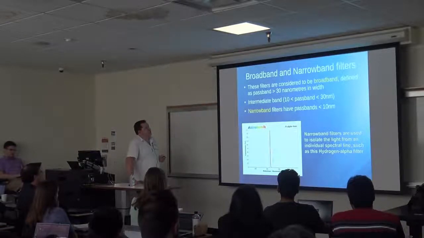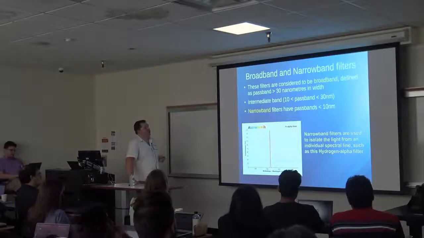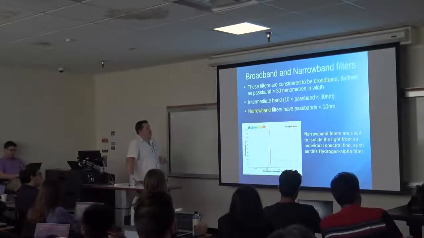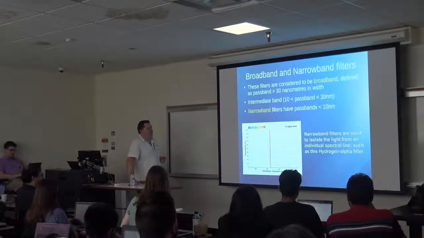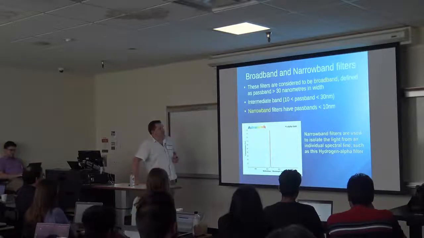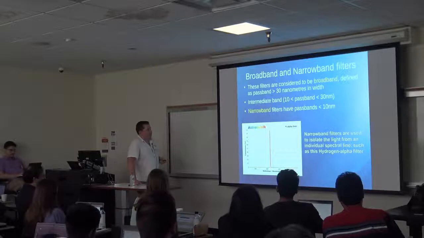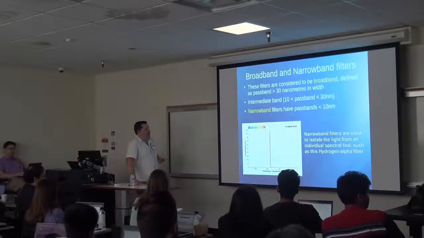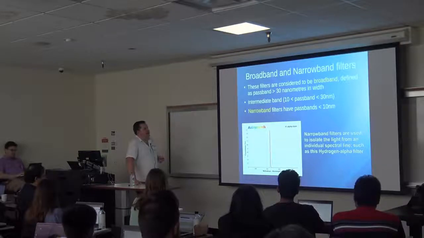So those are what we call broadband filters. They tend to have passbands of greater than 30 nanometers. There are so-called narrowband filters as well, which have passbands of less than 10. The main purpose of a narrowband filter is to isolate a particular spectral line. For example, this is a transmission curve for a hydrogen alpha filter. This isolates the light from this particular hydrogen line. And there are intermediate bandpass filters that sit between the two in terms of